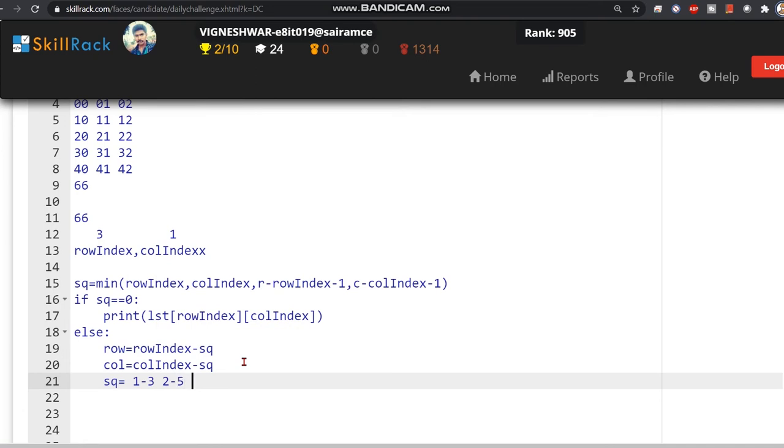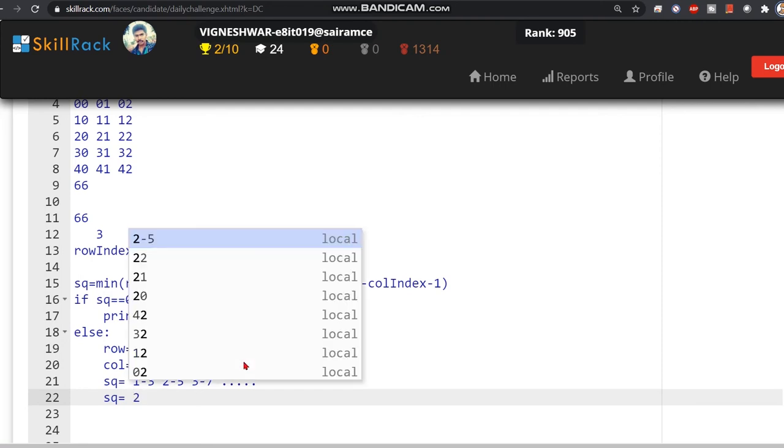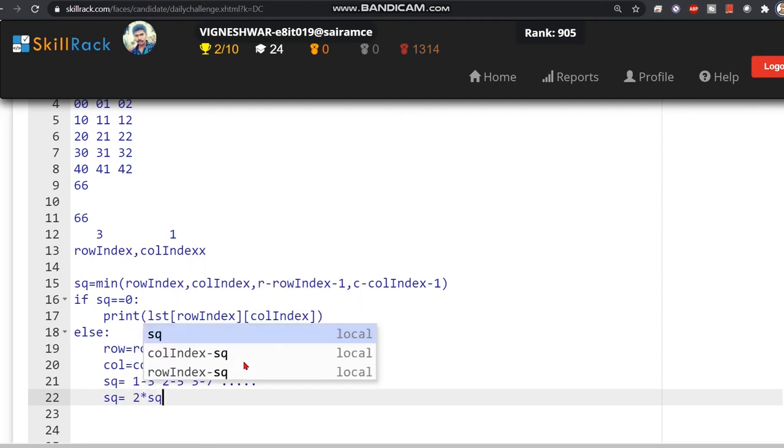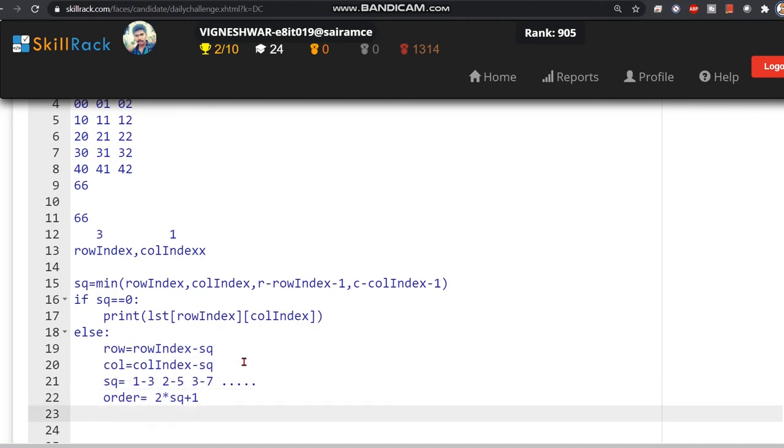If SQ equals 3, it's 7, and it keeps going. So the ultimate formula is order equals 2 times SQ plus 1. That's going to be the order of the matrix, so it's always going to be odd.